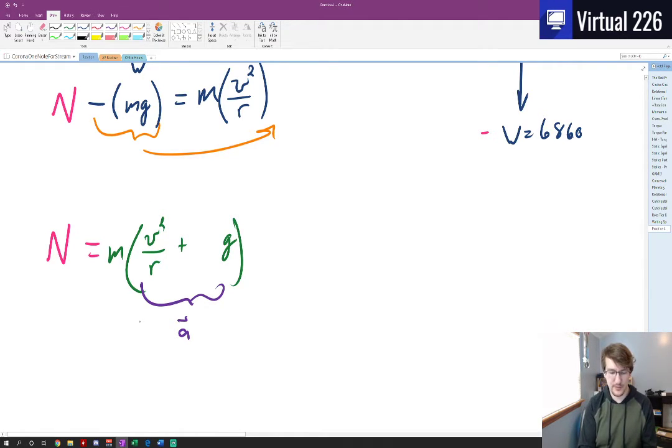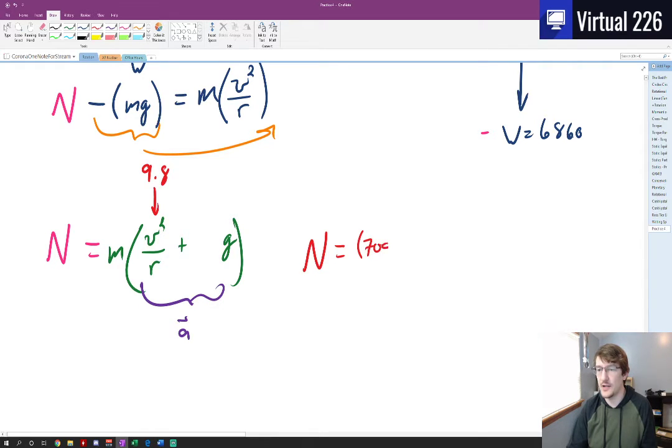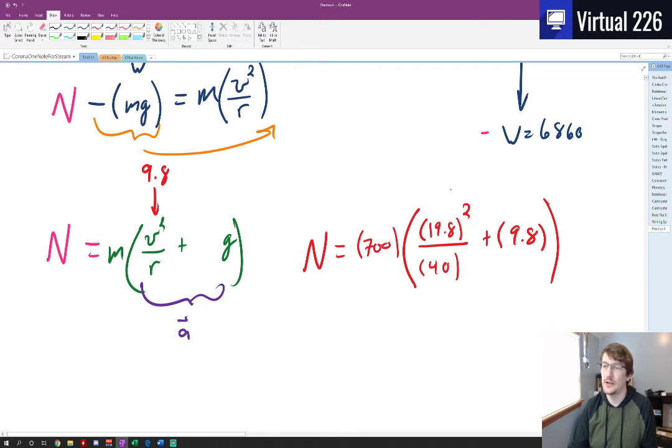And if we take our speed from before, 19.8, and we square it, and then divide it by that radius of the loop, or rather the dip, 40, we get this value right here as 9.8. So 9.8 is the value of g, so this could be thought of as just g plus g, or 2 times gravity, which means you're going to feel twice as heavy. If we wanted to write it out completely, we could just say that this is going to be 700 times the quantity of 19.8 squared over 40 plus 9.8. In the end, this just gives you 9.8 plus 9.8, which is twice the gravity. And we do see that our final answer here will be essentially 700 times 2g, which is going to be